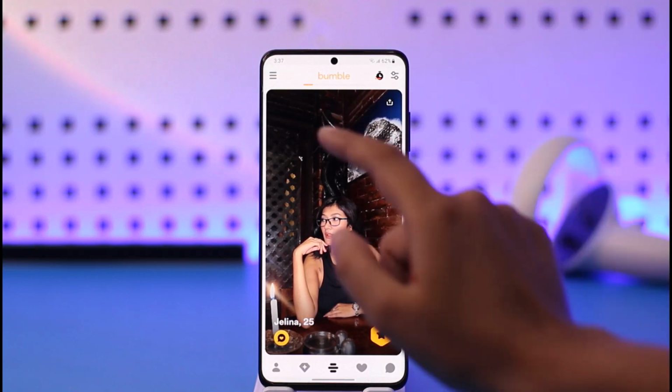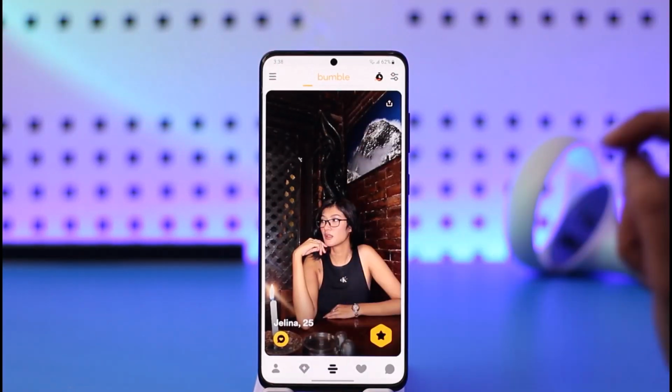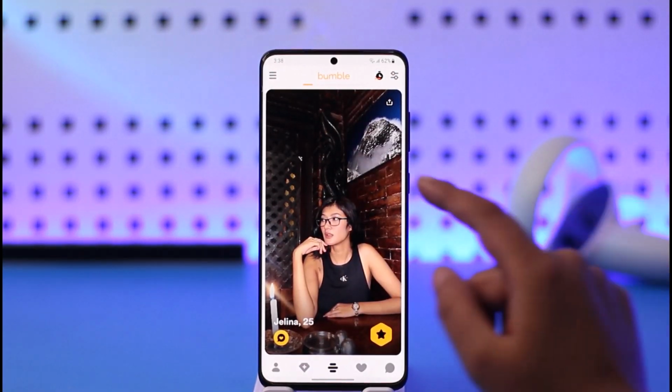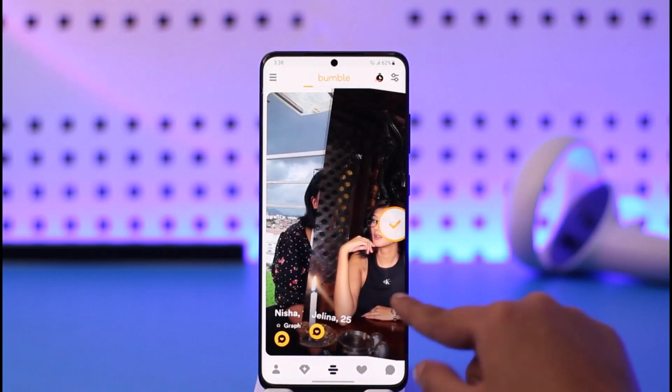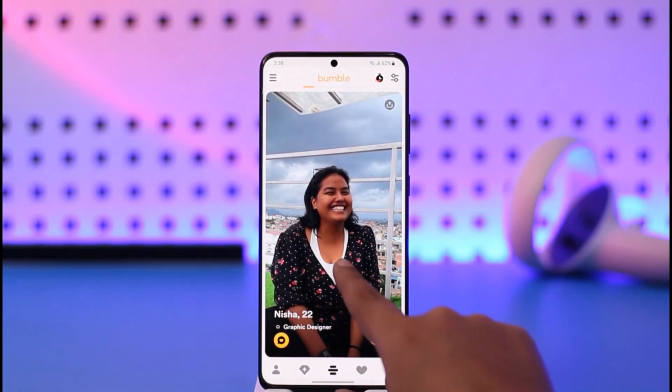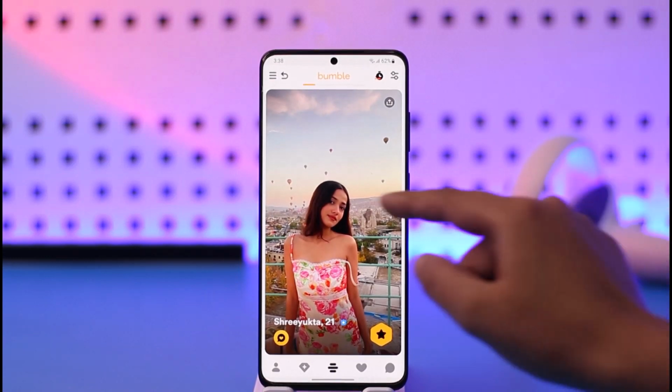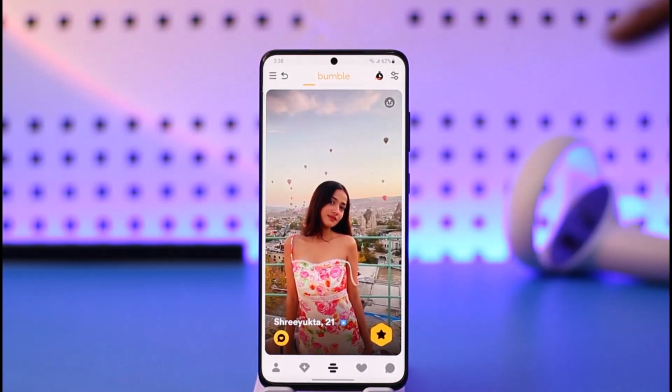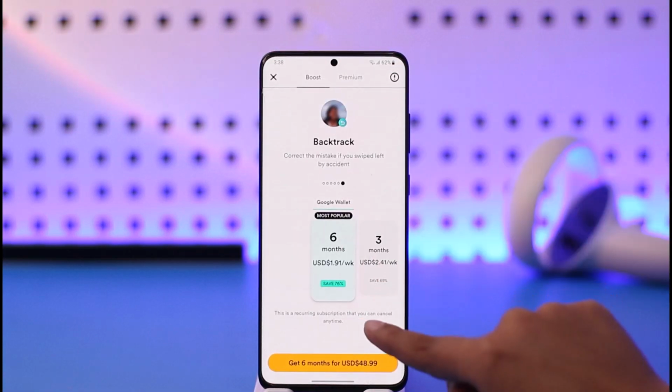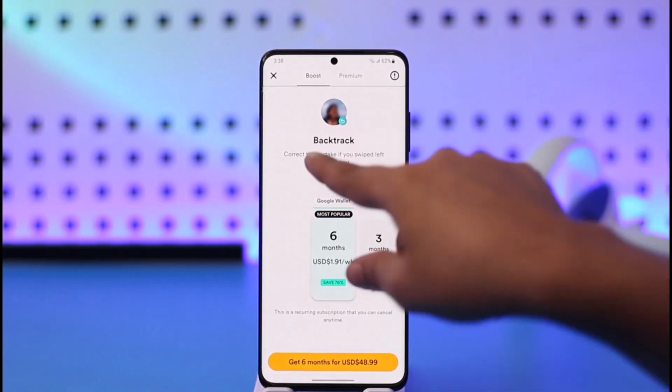So let's say, you can see I do not have that Backtrack arrow yet. I'll swipe this person to my right, this person to my left, and now I can see the Backtrack. It is for undoing what I have done. If I tap on it, it asks me to correct the mistake